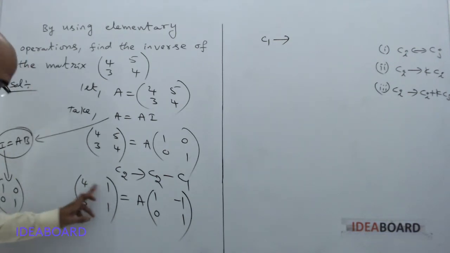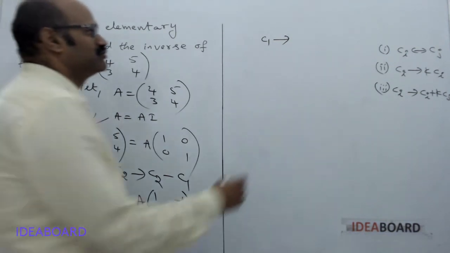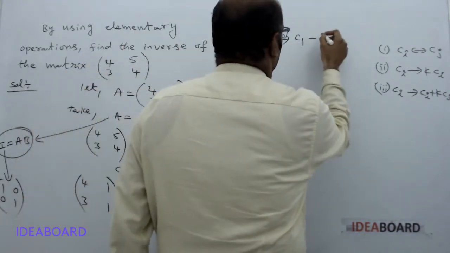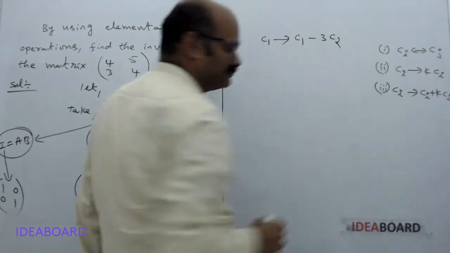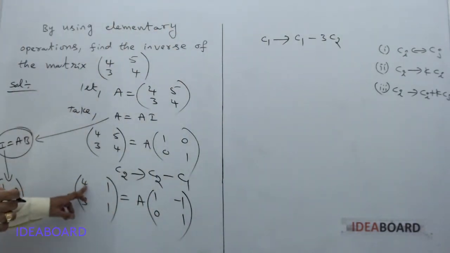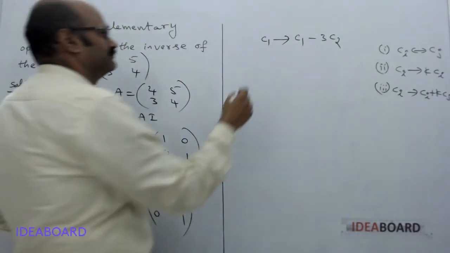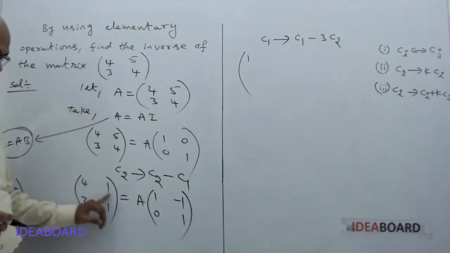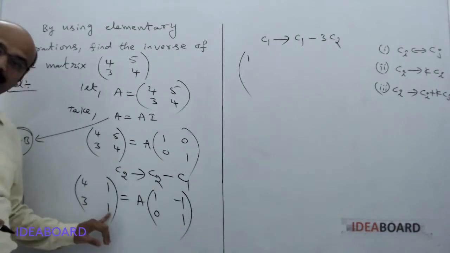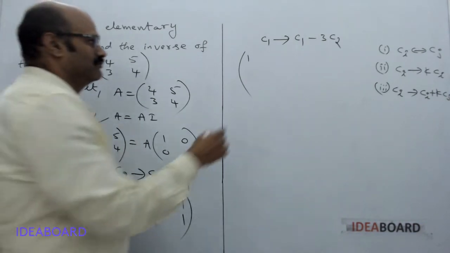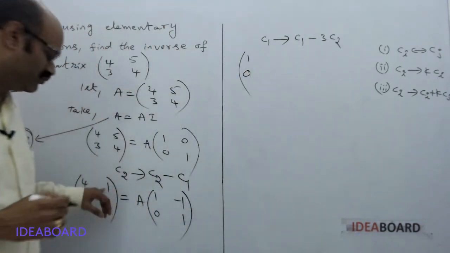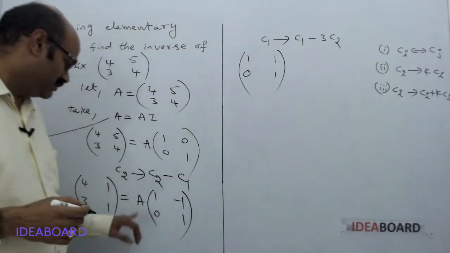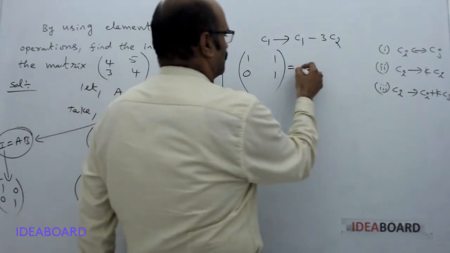4 minus 3 equal to 1. So we write C1 implies C1 minus 3 into C2. Then it becomes 4 minus 3 into 1, which is 1. Now 3 minus 3 into 1, so it becomes 0. C2 no change, let me write the same, 1, 1, equal to A into